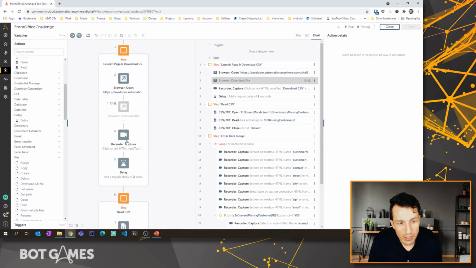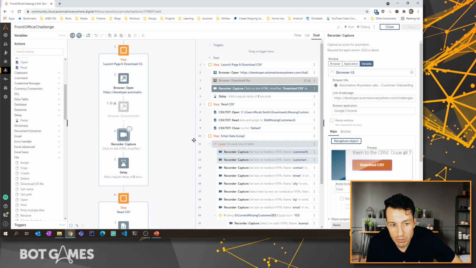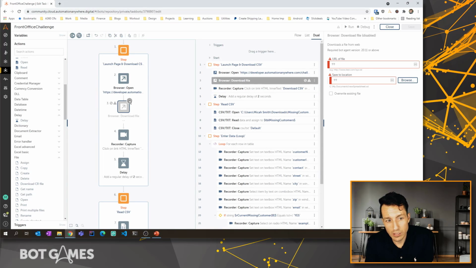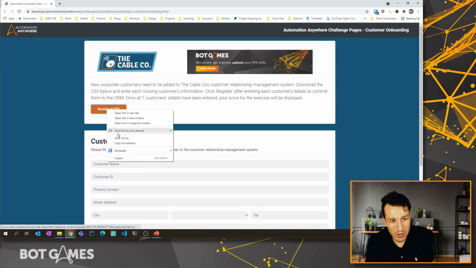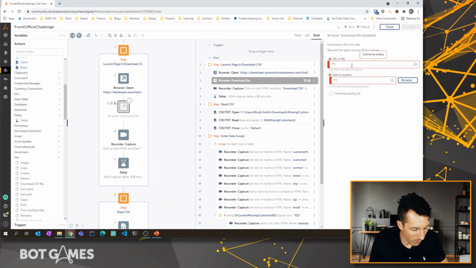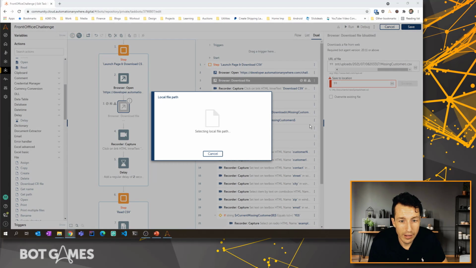The first would be, notice that we use this capture step, right? We clicked on download CSV. For me to click download CSV, the page has to be open. Alternatively, we could have used this browser download file, because we had the URL for the file. I have the page open here. So what I could do is copy this link address and put that right here. I could still save this to the same location, which would be my